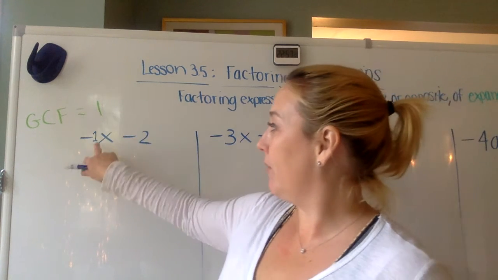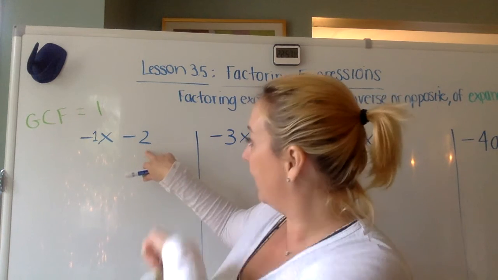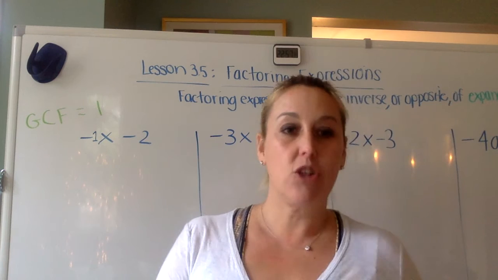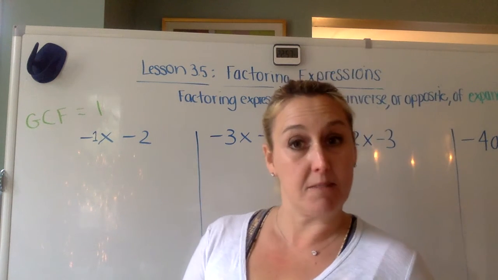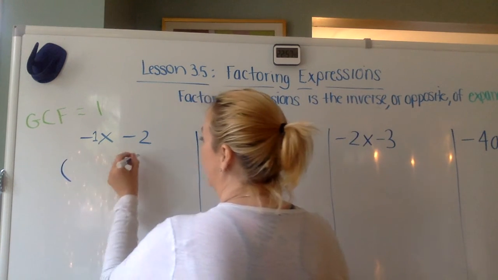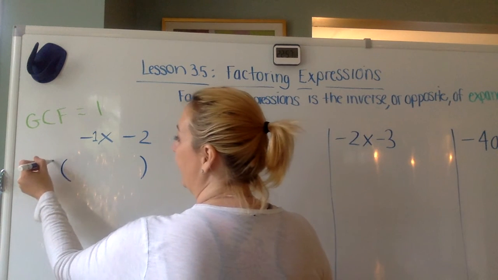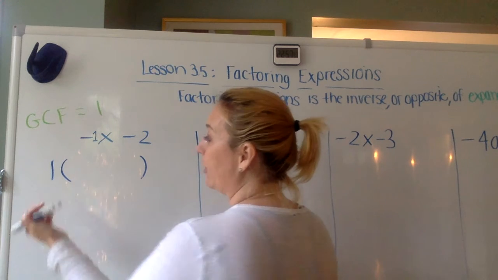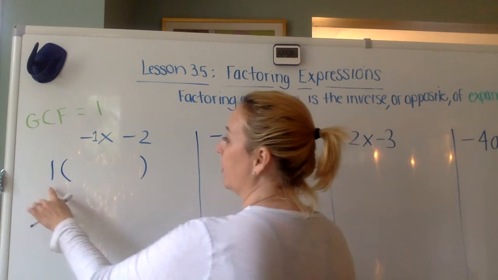So we agree with that. We've got the greatest common factor of 1 and 2 is 1, and 1 would work for this one as well. So again, I had said not to put negatives outside of the parentheses, but I'm going to stand corrected, because in this example, if we are going to pull out 1, I'm going to show it to you both ways, essentially, with a positive out here and a negative out here. So 1